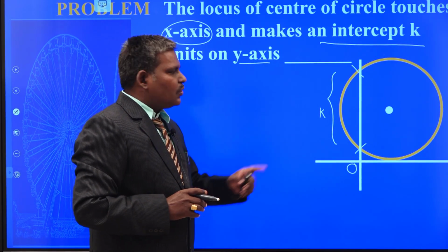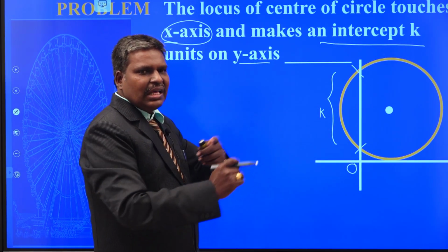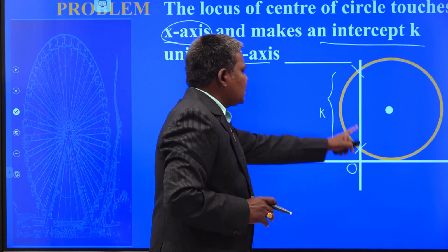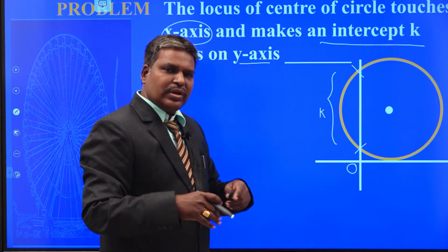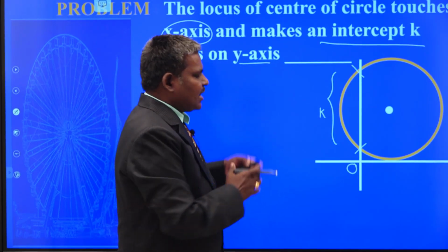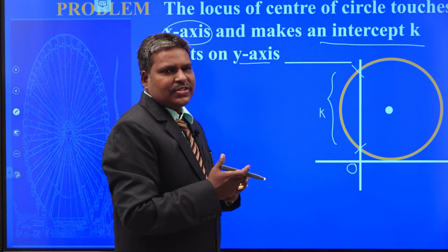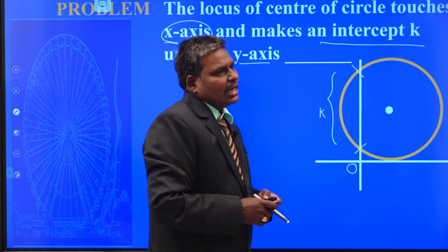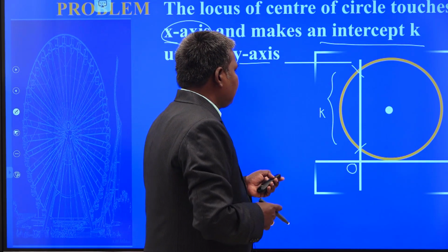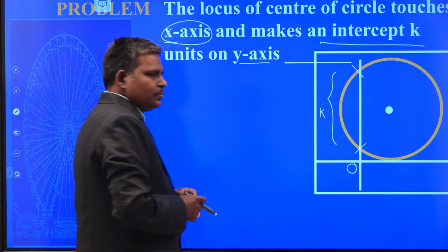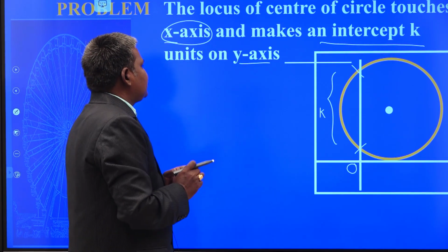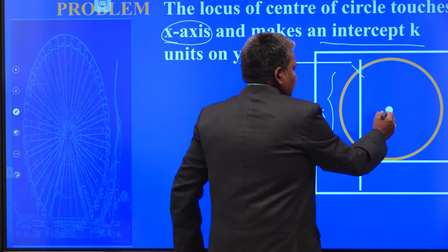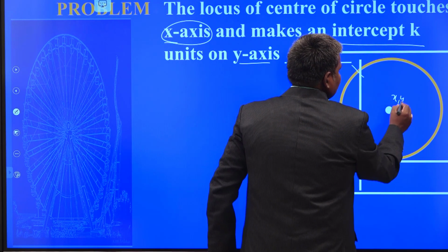You are going to find its locus by varying the circle. So this is one of my circles, which touches the x-axis and makes an intercept of k units on the y-axis. You can draw an infinite number of circles that maintain the same condition. You collect all such circles, take their centers and join them, and you get some locus, that is your required equation. Okay. Now this is the rough diagram for you. With the help of this diagram, let us see how to crack this one. Suppose this is the center whose coordinates are x1 comma y1.